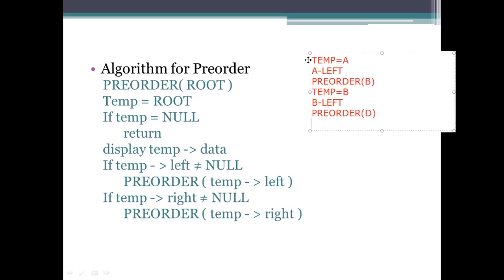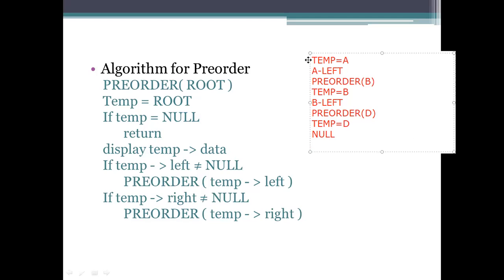That's all. And go for the another one. Temp is equals to D now. It is null, means it doesn't consist of the elements there. Displaying has to be done. See here, at this one,